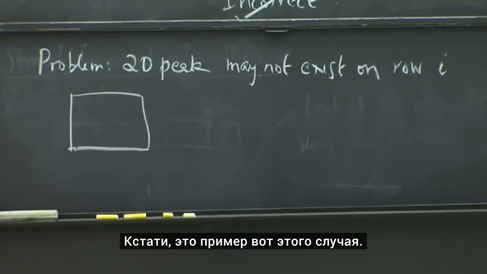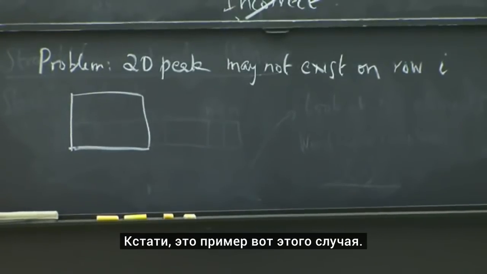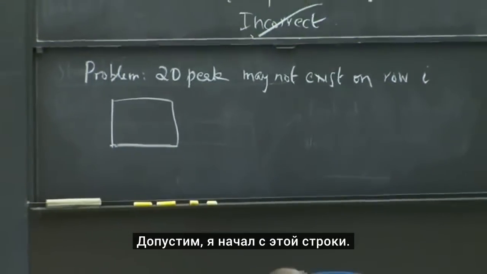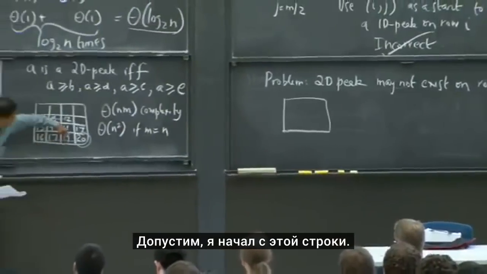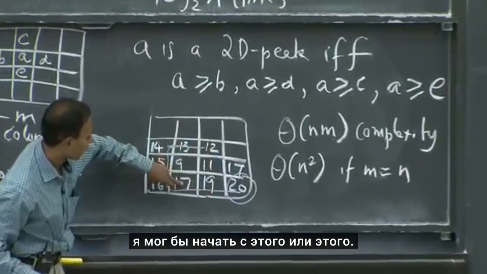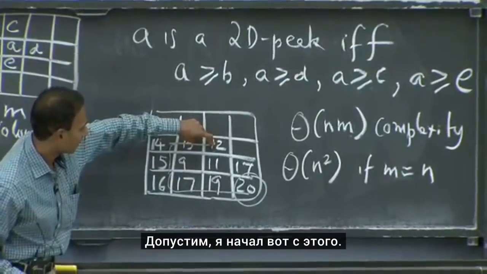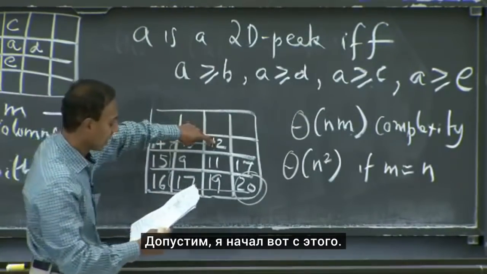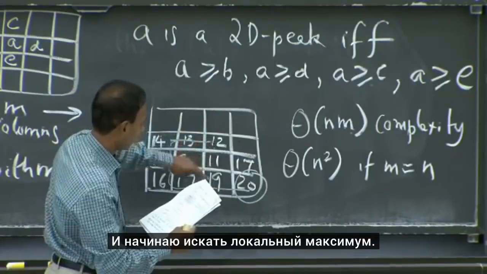Actually, this is exactly the example of that. Let's say that I started with this row. Since I'm starting with the middle row, I could start with this one or that one. Let's say I started with that one. I end up